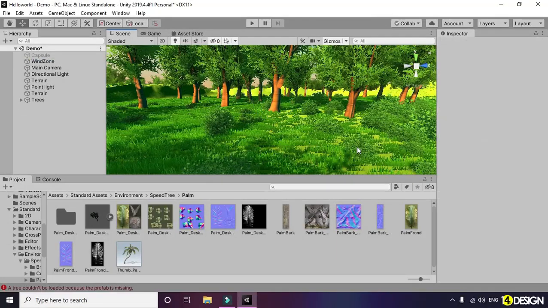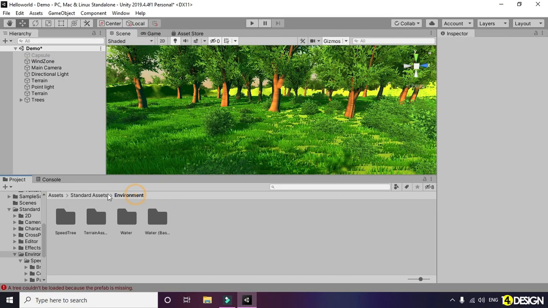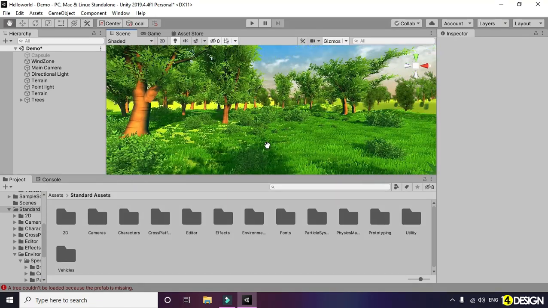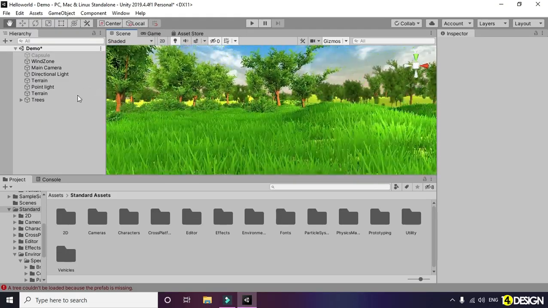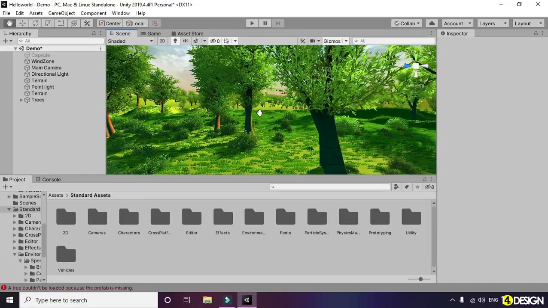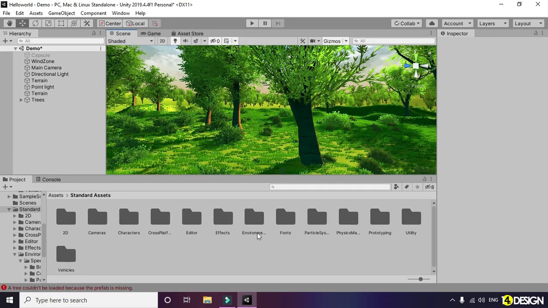Okay, all the assets check out. So guys, that's all we're gonna be needing for the level design. These assets will do. And let's check out what else Standard Assets has given us.